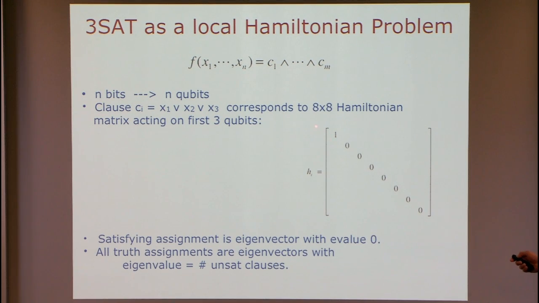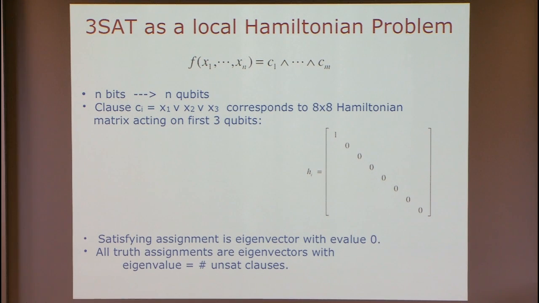It would assign an energy penalty of 1 if you had the all zeros assignment to these three variables, and 0 otherwise. And so now, of course, what you would do is tensor this up with the identity on all the other bits, and then you add this up over all the clauses, and that's your Hamiltonian for this problem. But of course, since all terms of the Hamiltonian are diagonal in the computational basis, we know that